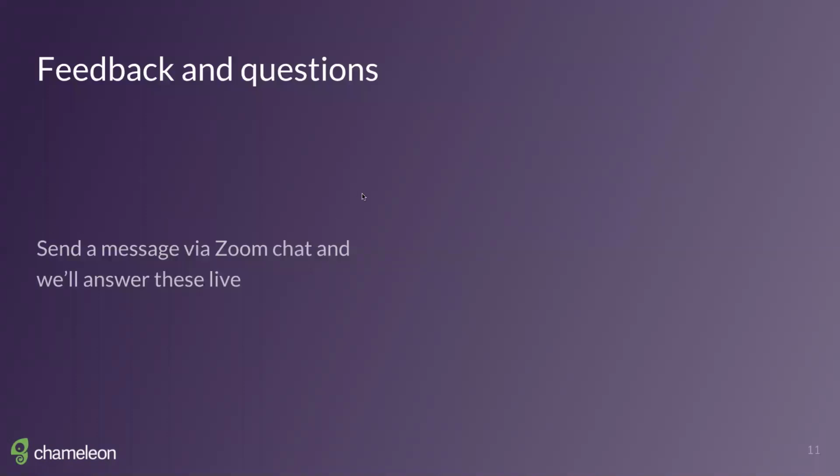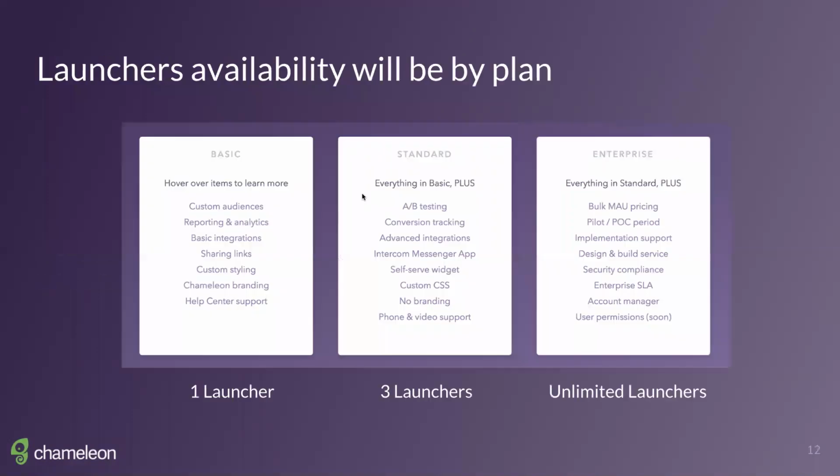Yeah, question on how do we get onto the beta? So that's a good segue. When in general availability, launchers will be available by plan. So the basic plan will include 1 launcher. The standard plan will include 3 launchers, and the enterprise plan will have unlimited launchers. So that's based on the plan, and more information about our plans is available on our website at